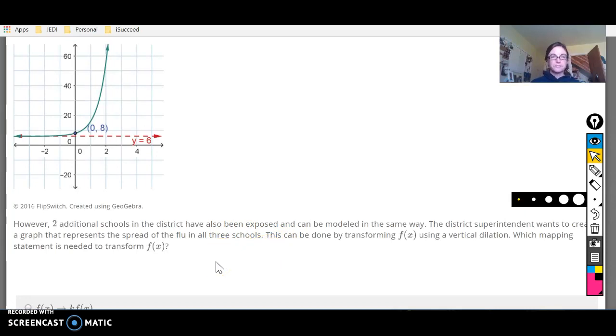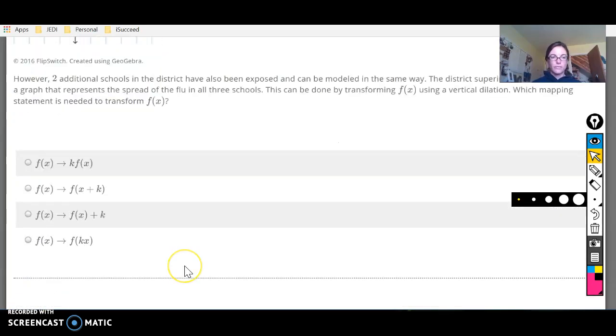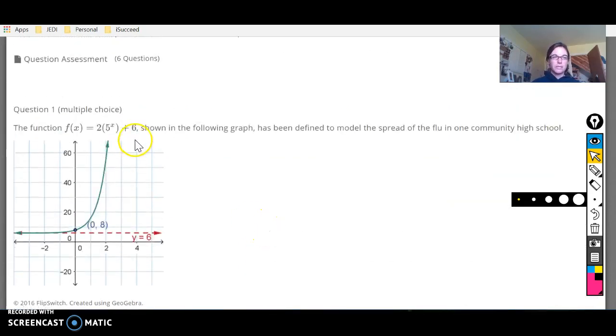Okay, so in this scenario, instead of 1 high school, we've got 3 high schools with the exact same thing happening. So what we're going to end up doing is multiplying our initial function by 3. If we go back up here, we can see that that initial function is 2 times 5 to the x power plus 6. There's still going to be 5 students affected each day, and at each of those schools,